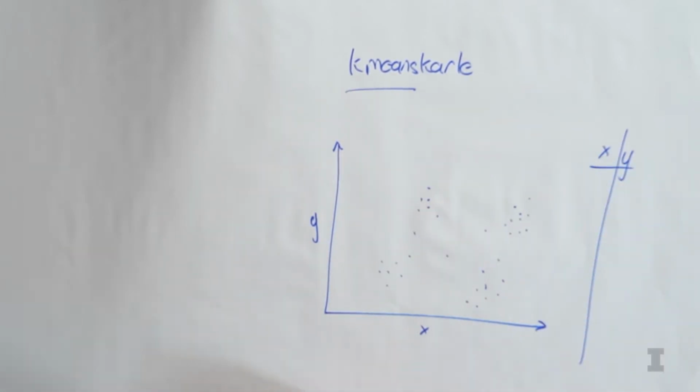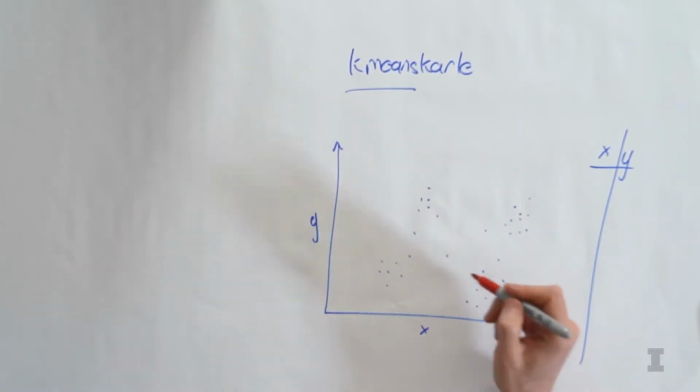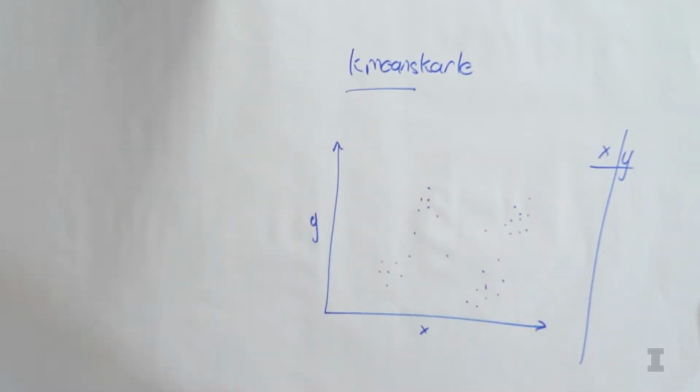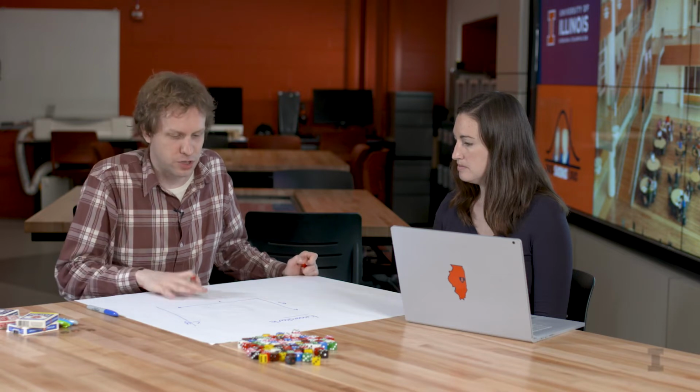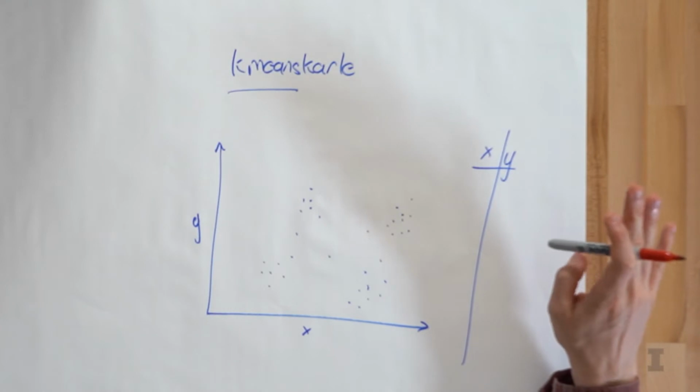And what any clustering algorithm does is look at all of the data and say, what clusters can I draw? What circles can I draw on this graph that best encompasses all points that are the same? And here, as a data scientist, you may need to initiate this algorithm with a specific number of clusters. So Carly, if you look at this graph, what's a good cluster size that you might start with?